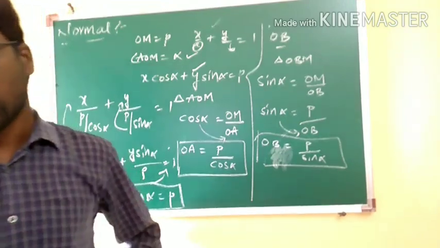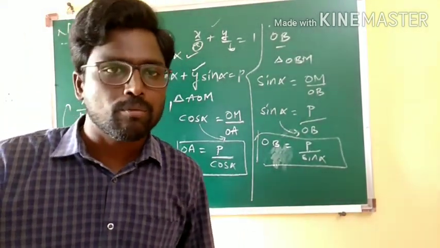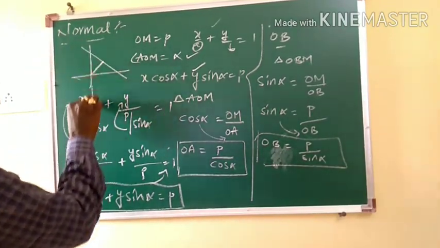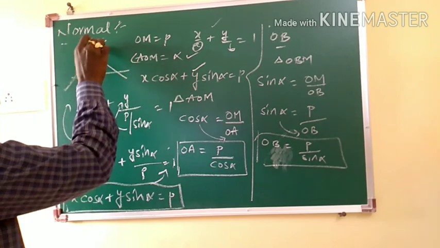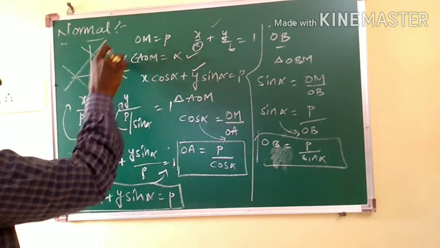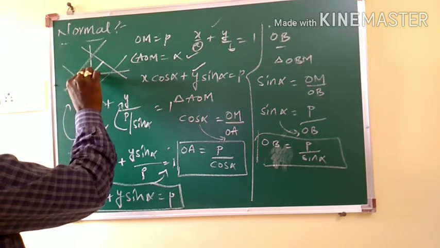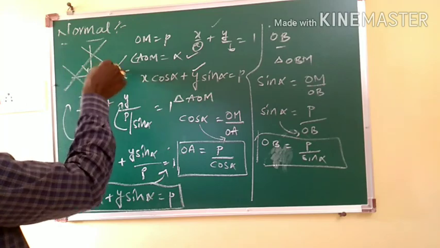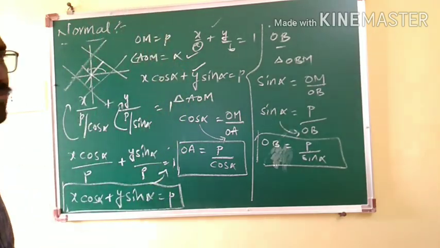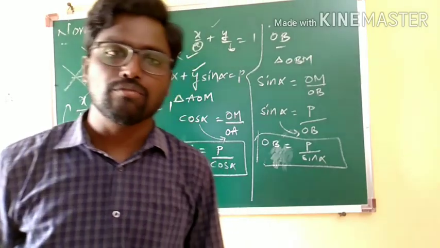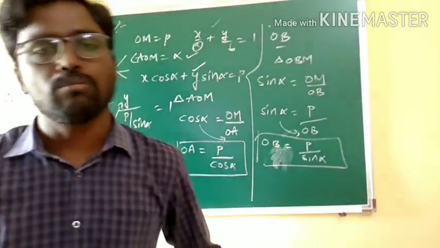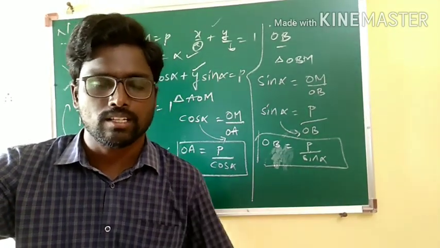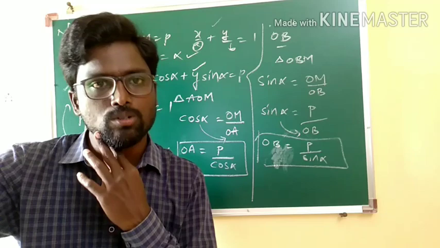Got my point? When it comes to the normal form, is only the format we have discussed possible? No. The line equation may be like this, or like this, or like this. When the line equation is like this, the angle is going to be greater than 90, similarly greater than 180, similarly greater than 270. So for such formats, what is the range of alpha? The range is going to lie between 0 degrees and 2 pi: 0 degrees less than or equal to alpha less than or equal to 2 pi.